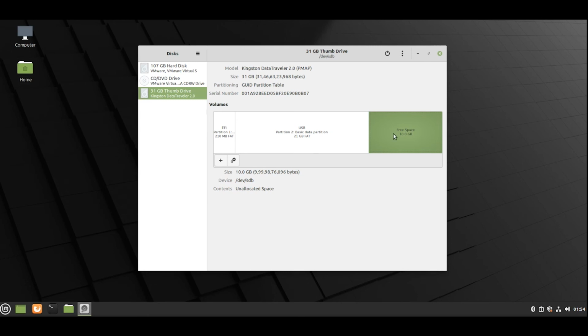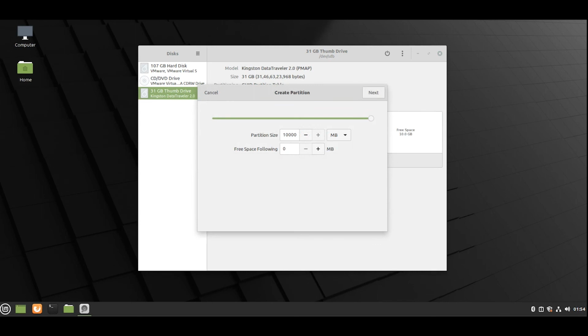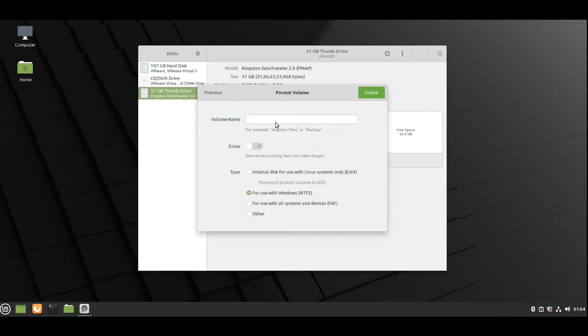So to make it visible, you select that partition and then click on the plus icon and then select next, and then you can name it whatever you want. I will name it USB 1 and then you can select it as if you want to do it for Linux file system type only or Windows NTFS or FAT partition.